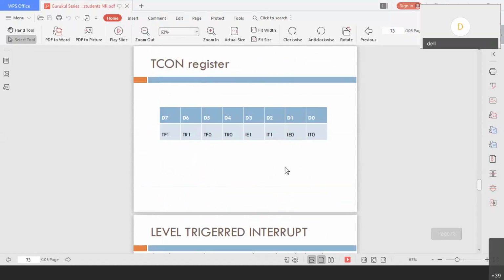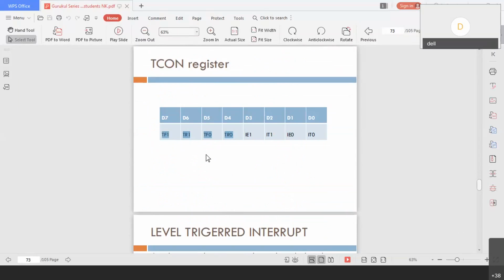Now there is the TCON register, the timer control register, which we are using already. But here these first 4 bits are very important for us: TF1, TR1, TF0, TR0. TR0 is for starting timer 0, TR1 is used for starting timer 1.